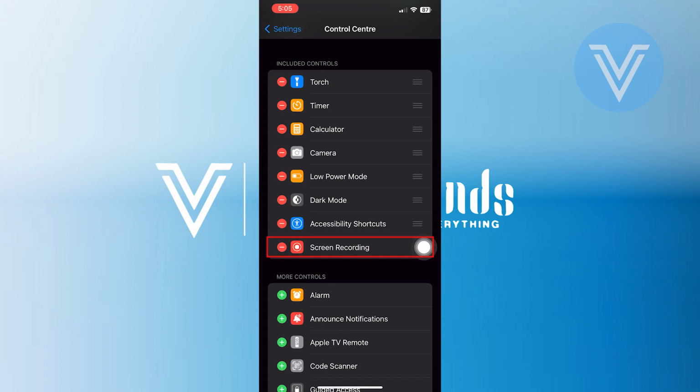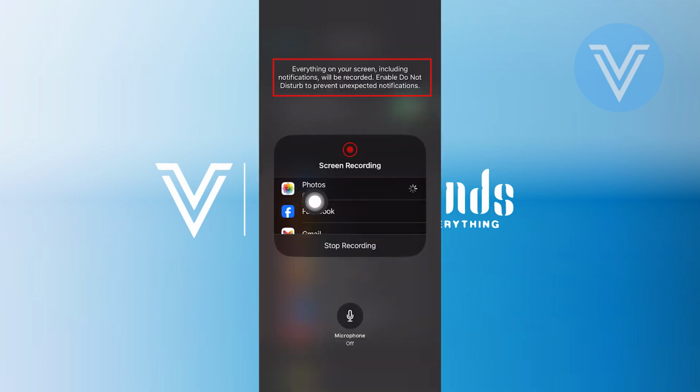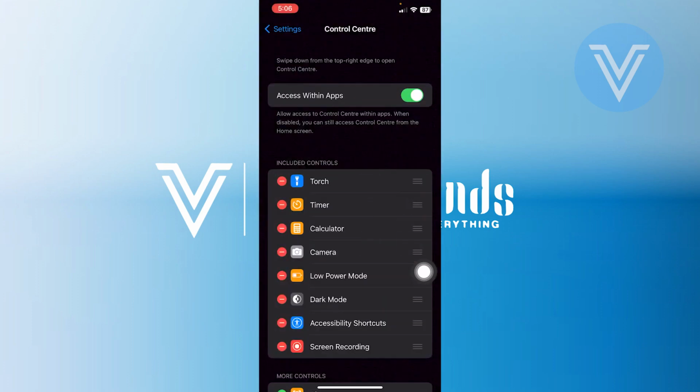You just need to tap on it and everything on your screen, including notifications, will be recorded. You can choose to turn on or off the microphone. This built-in feature also allows you to enable Do Not Disturb mode to prevent unexpected notifications. Once you are done, tap on the Stop Recording option. Your recorded video will be saved in